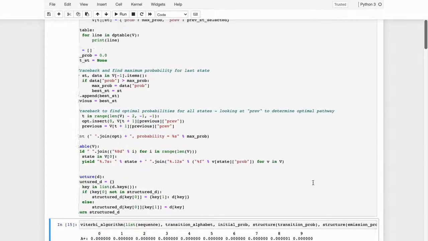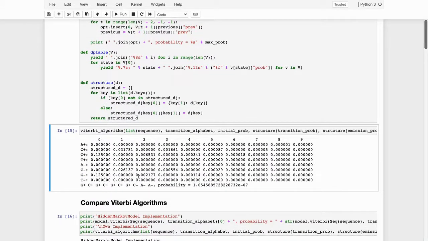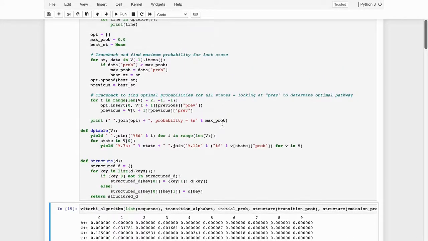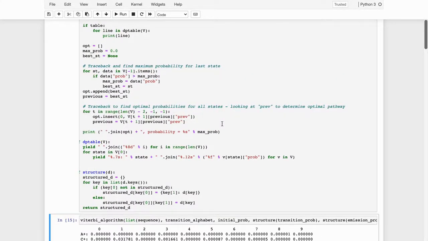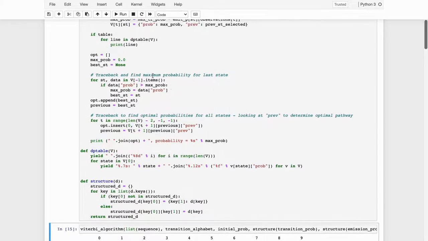Okay, so the last thing over here, as you can see, is it goes through all of this, and this is essentially a pointer matrix. And if you're familiar with dynamic programming, what we have to do after that is create a traceback mechanism to actually find the probability of the last state. So we find the maximum probability of the last state, and then we trace back and find the maximum probabilities